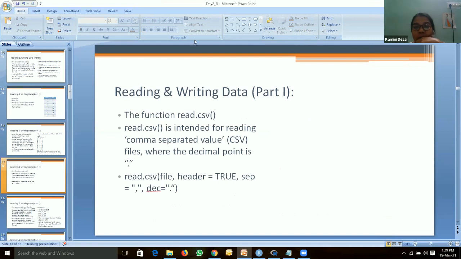Use this command. If the file is CSV, then only you can use read.csv, file name, header is equal to true, sep. If you don't give decimal, that is also okay.